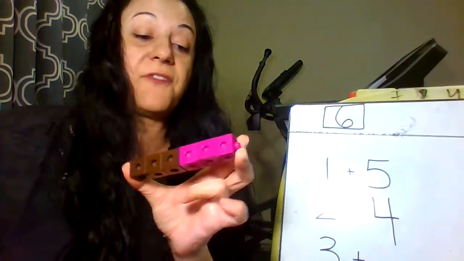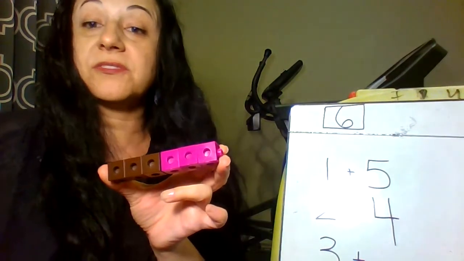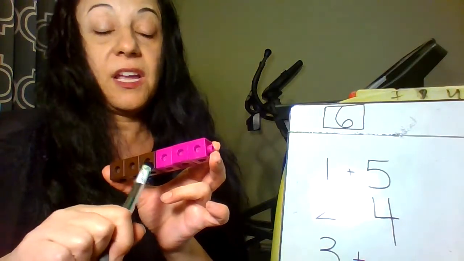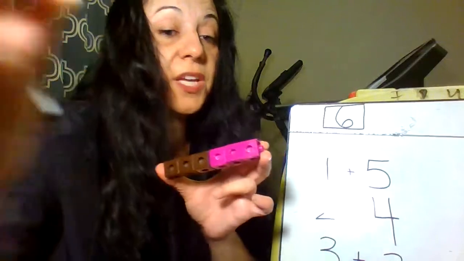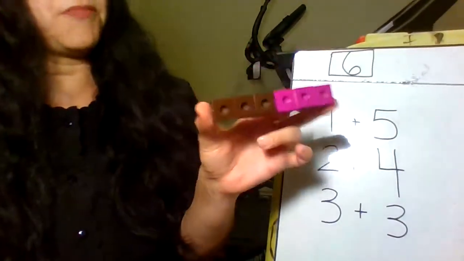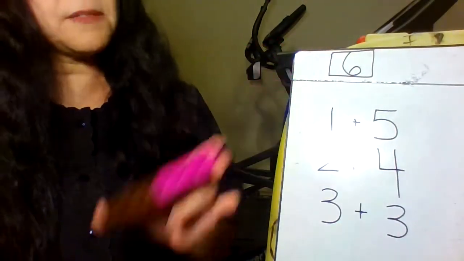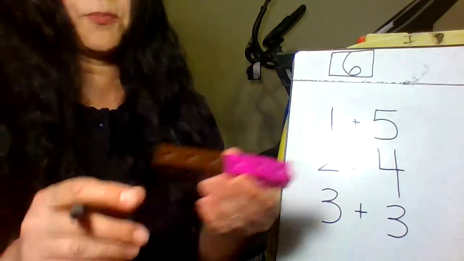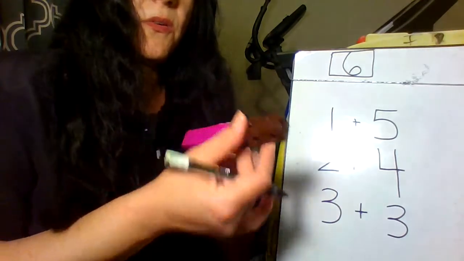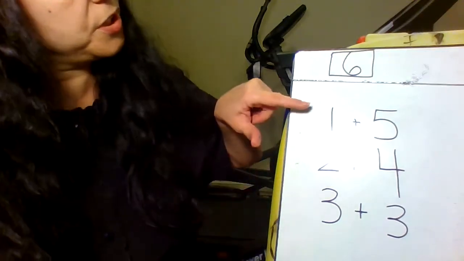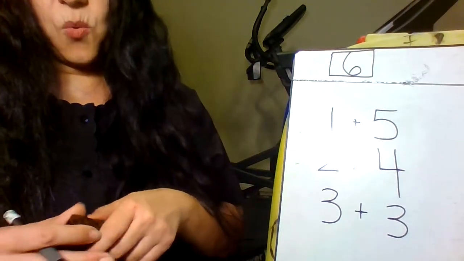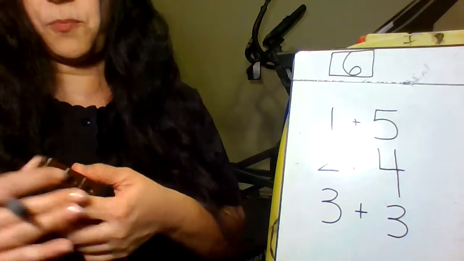How did I make 6 this time? That's right. Half of them are purple, half are brown. That's 3 and 3. 3 and 3 also makes 6. And it doesn't matter if the brown is on this side or on that side. It still makes 6. So if you look at this first one, 1 brown one and 5 purple ones,